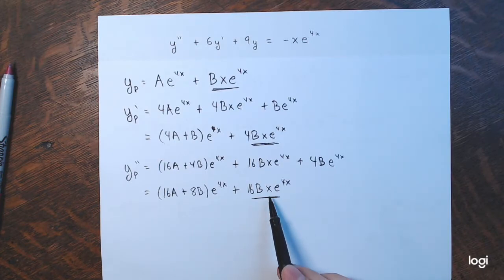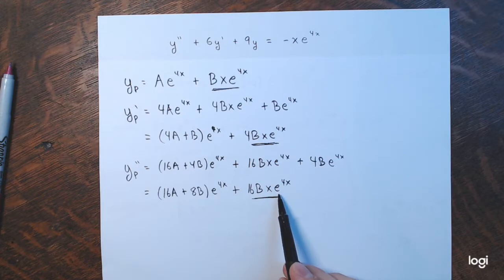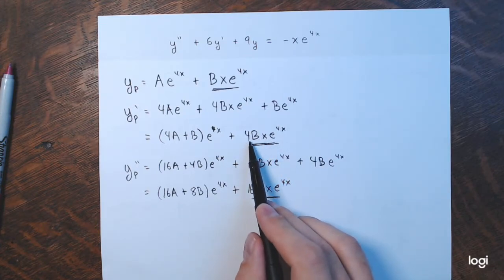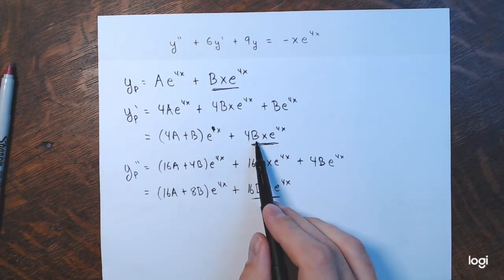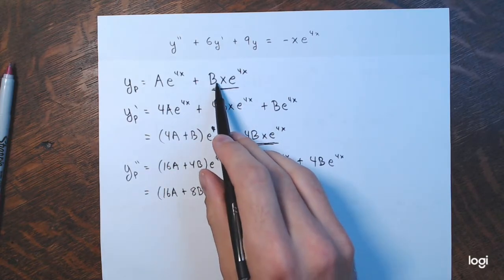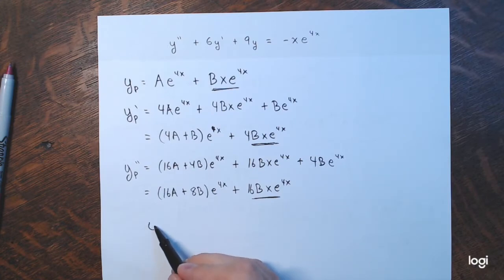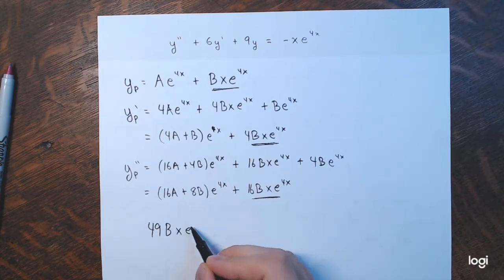So we have y double prime, so 16b x e to the 4x, plus 6y prime, so plus 24b, which would be 40b, plus 9y. So we have 49b x e to the 4x